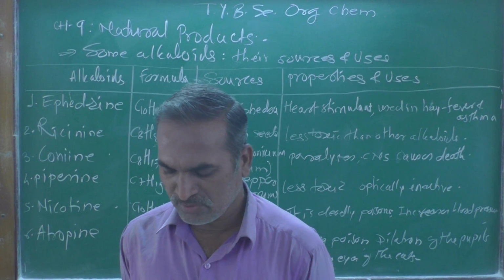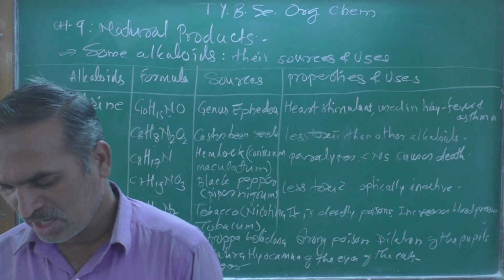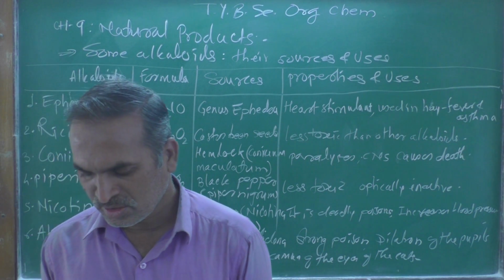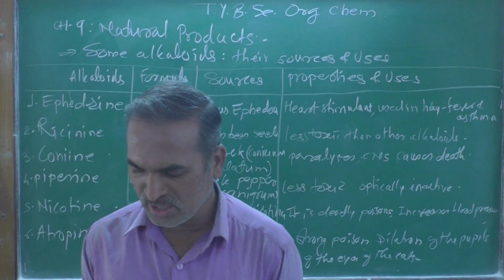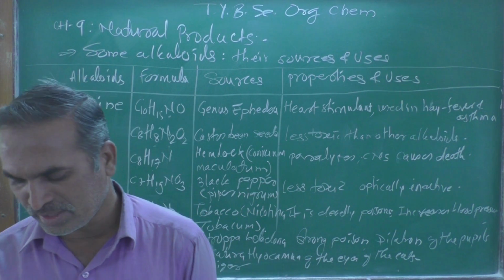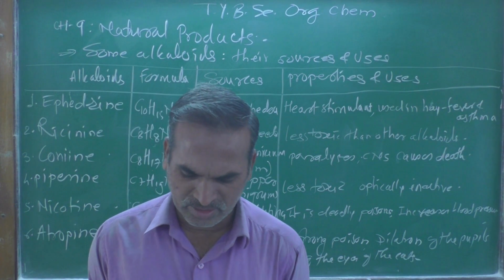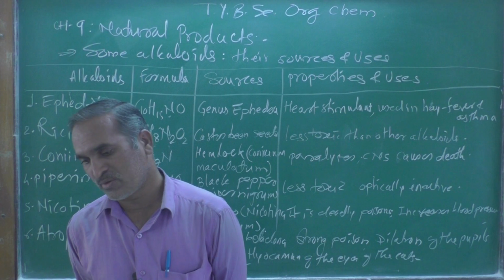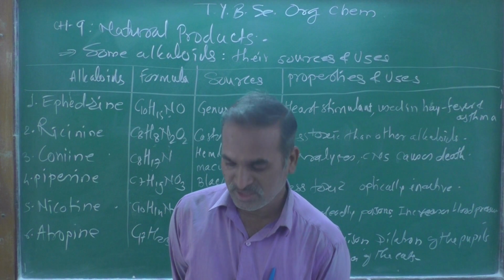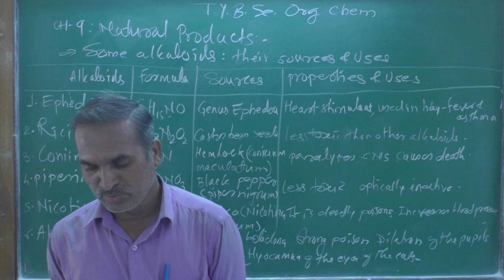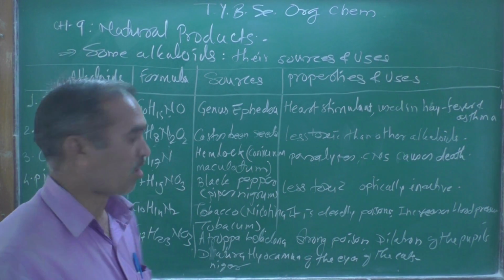strychnine, C21H23N2O2, from Strychnos nux-vomica beans, and the properties of this are resolution of DL acids, a stimulant, and it increases muscle activity of the body. So this is all about some alkaloids and their uses we have seen. In totality, for this discussion, from today onward we are going to learn